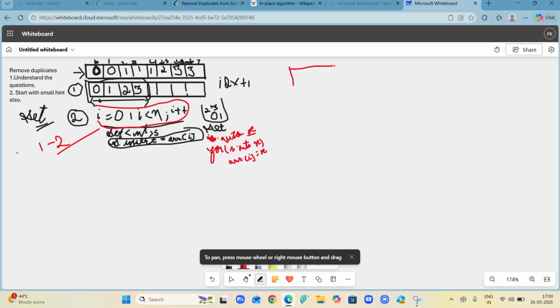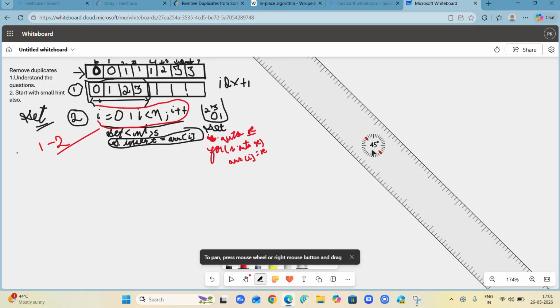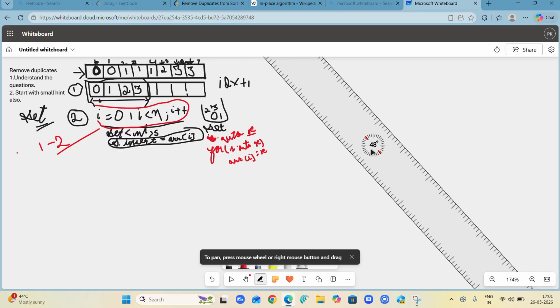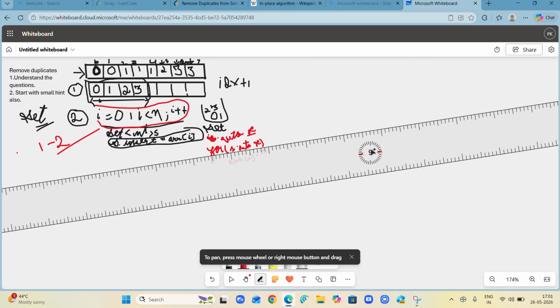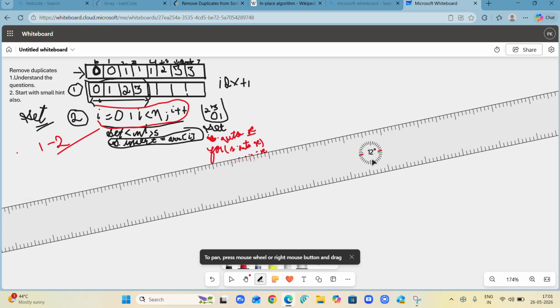Now one more array got created over here. Wait a minute. I'm going to create one more array. Let's take this over here and rotate this. I know it would be wasting a lot of your time.